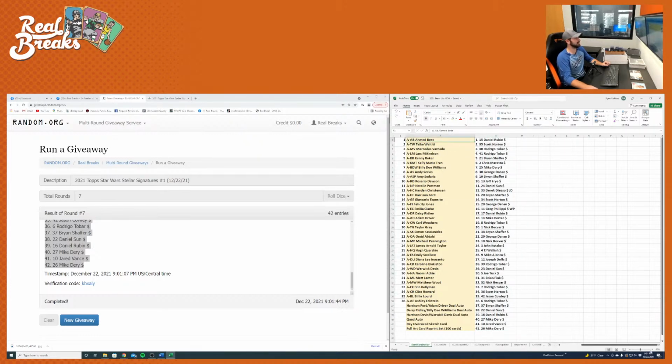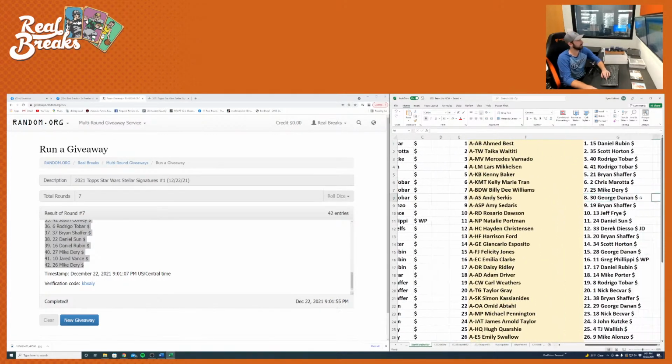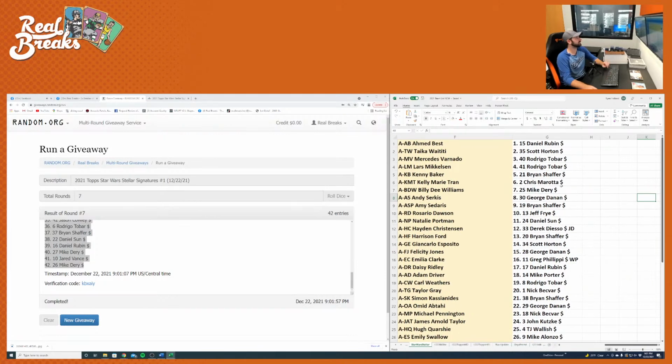Let me zoom in because I know some people, and I will screenshot this and post it to the break post. Otherwise, if I just copy paste it in, it gets kind of wonky. But let me zoom in here. All right, so here are the final assignments. We've got Ahmed Best going to Daniel Rubin, Taika Waititi to Scott Horton, Mercedes Varnado to Rodrigo Tobar, Lars Mikkelsen to Rodrigo, Kenny Baker to Brian Schaffer, Kelly Marie Tran to Chris Murata,